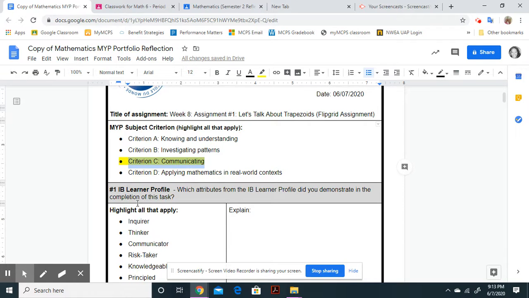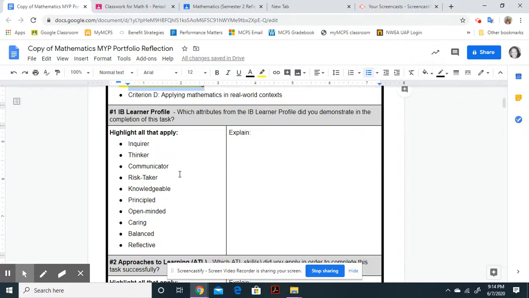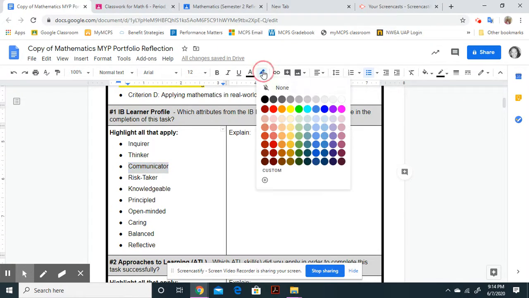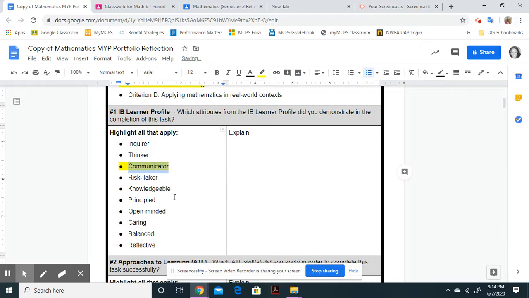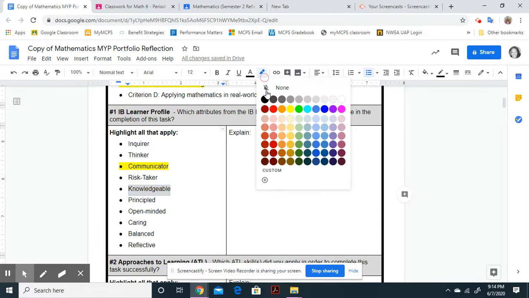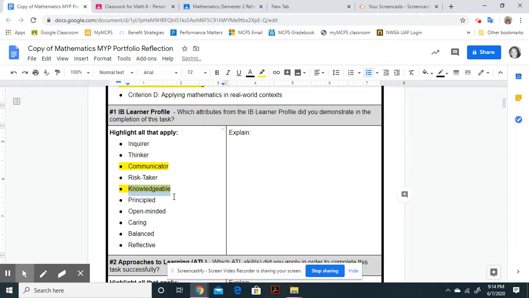All right, for the IB learner profile, you want to highlight all that applies. You want to know which one did you use in order for you to do this assignment. Well, you had to be a communicator. You had to be knowledgeable, right? So these are 2 that I would pick, but you can pick as many as you want and explain why, or you can pick 1 and explain why. So, how are you a communicator? For this assignment,